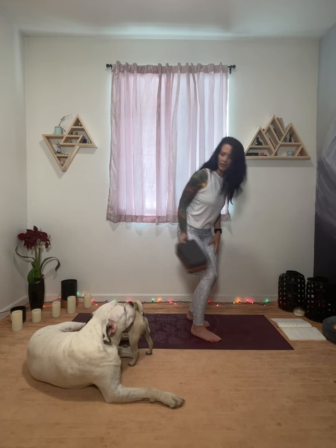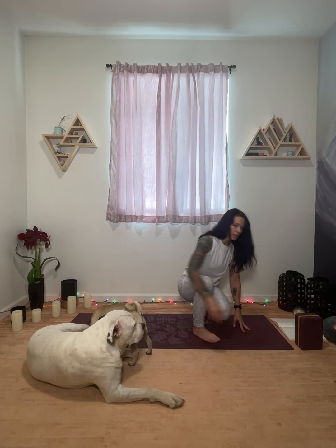We have a grounding practice in store for us today. And for props, we're going to grab a yoga block. If you don't have a yoga block, we can make it work without it, but something similar in size. We are going to use it for some support. So you do want something sturdy, and that's something that will provide some stability. All right, so we'll take that block, place it at the top of the mat, and we're going to start